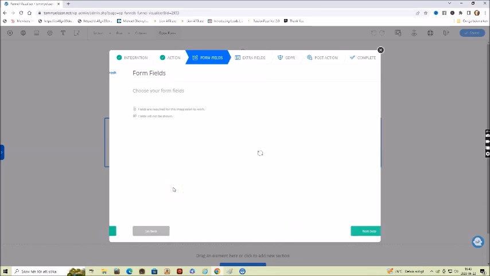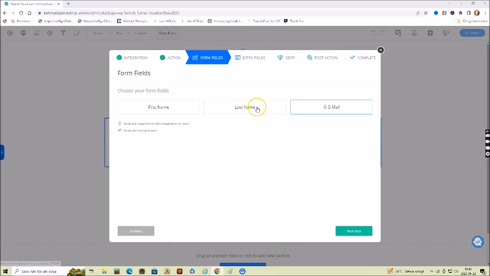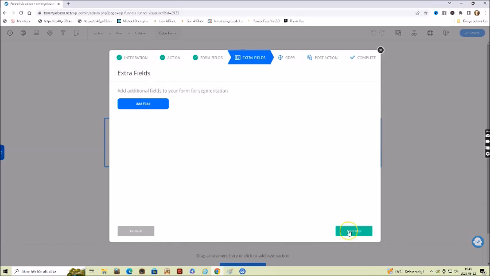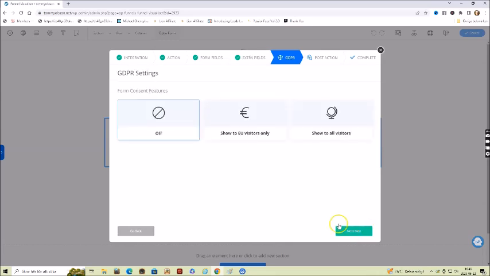Here you can choose to show GDPR text or not, show to EU visitors only, or show to all visitors. Then when you've set up your choices, you click on next. I'm going to connect the next funnel page because I have a 3-step funnel, but you can choose any one of these if you want to redirect to a URL, for instance, a specific funnel page. I have a next funnel page, and then I will click the green button.